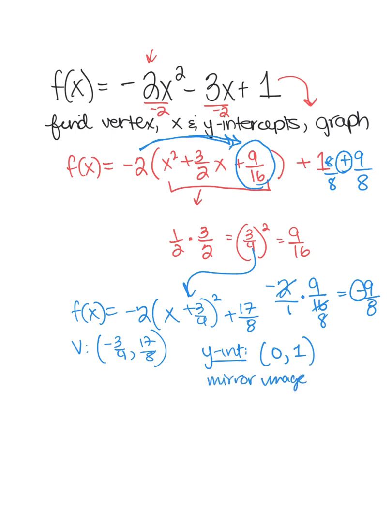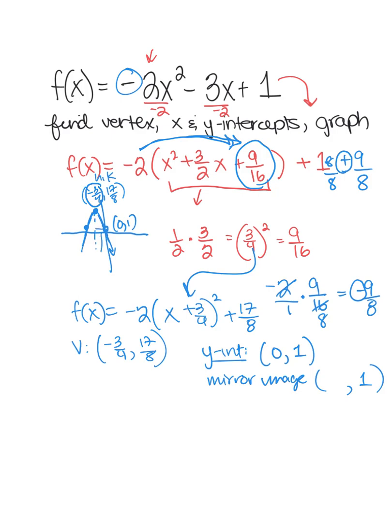You can graph it, or you can note that the mirror image definitely will be the same exact y value. Let's just take a quick look at this graph. -3/4, positive 17/8, and the graph opens down. So there's definitely going to be some x-intercepts as well. Okay, here's my one y-intercept with 0, 1. And this was my vertex, -3/4, 17 over 8. You can always, to get the other value, the mirror image, just double h in this formula, hk,